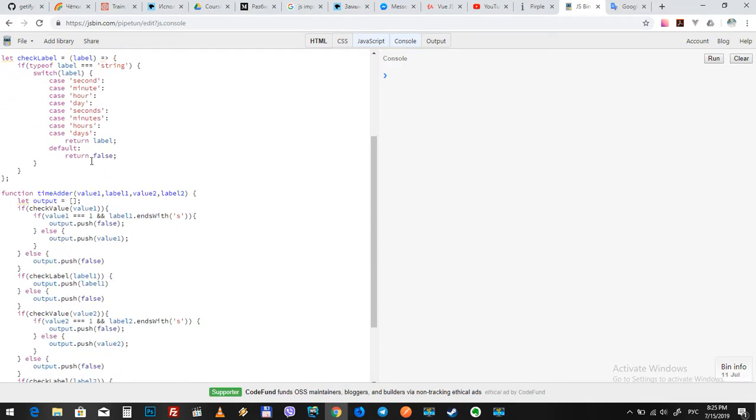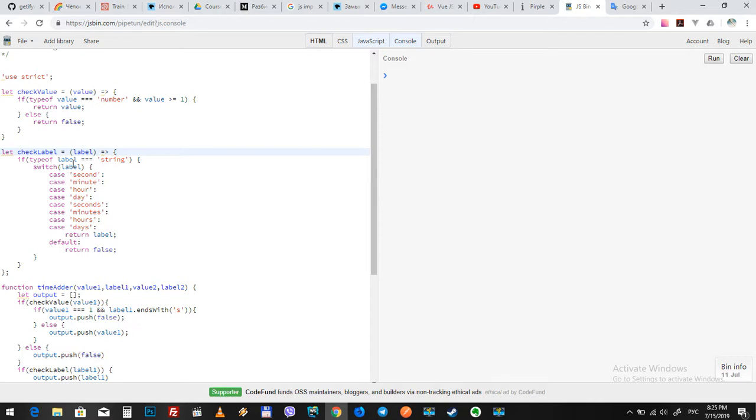The next step was to check a label. Well, the unique condition was that it must have a data type as a string. Well, if the type of label is a string,